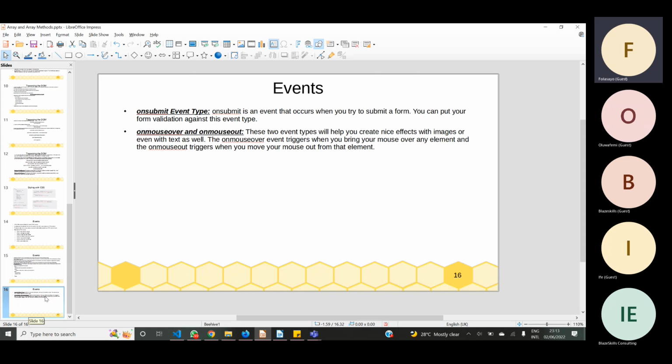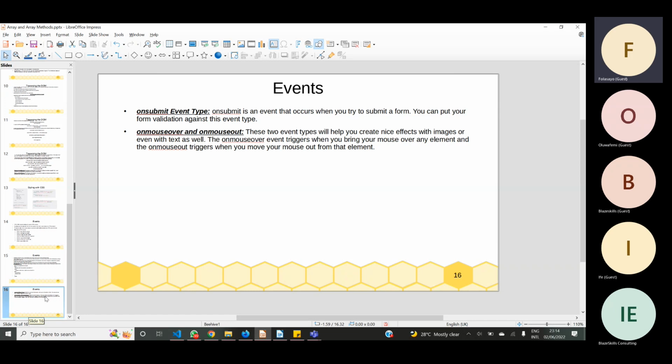So if you look at our slide, I said onsubmit is an event that occurs when you try to submit a form. Now, why is this important? This will help us to actually validate the form. And what does form validation mean? It's quite simple. If I have a form that has fields for name, email, and password, sometimes I want data to be inputted in certain ways. Password, for instance, I might decide to build a site and say, for you to register, your password has to be